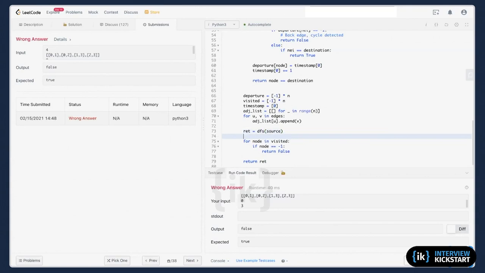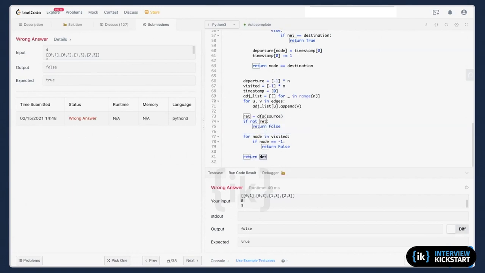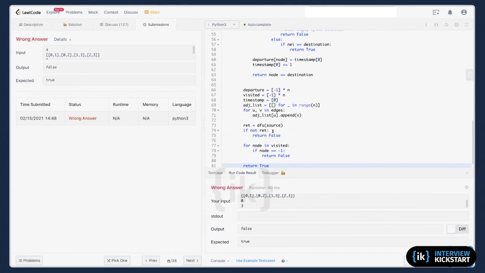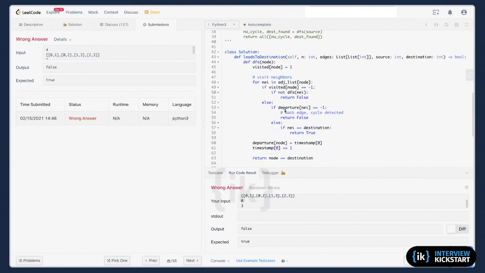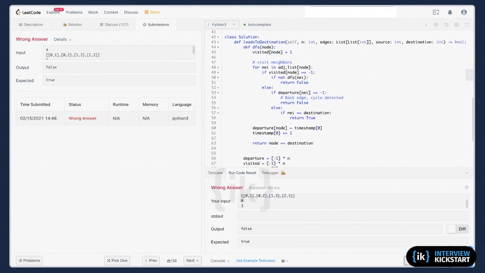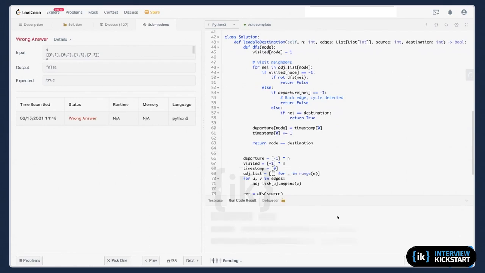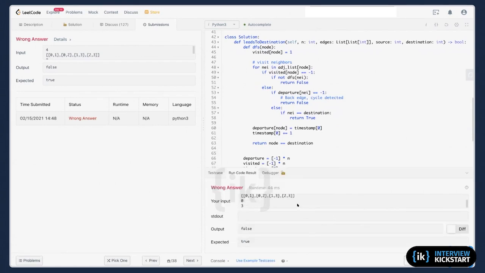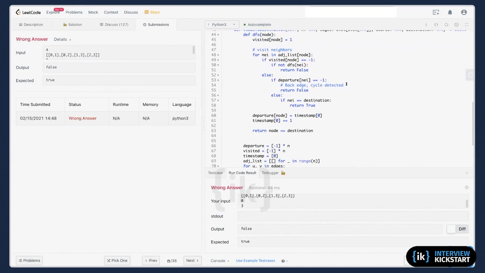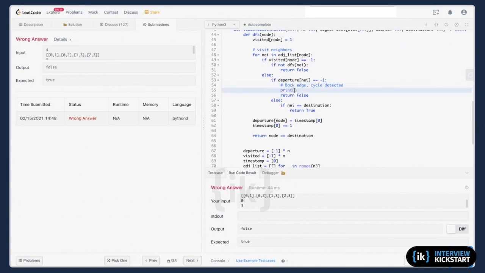If it is false, I should just return. Yes. And then I check this. This covers the separate components problem first. Okay, and then this one, why is it not working? Let me try if I break anything. I didn't break anything. Oh, who returned? I need to print it here.